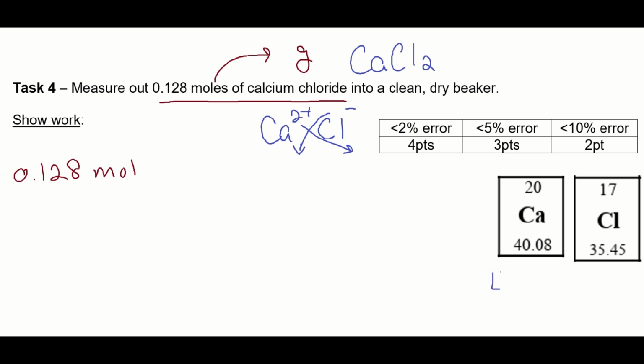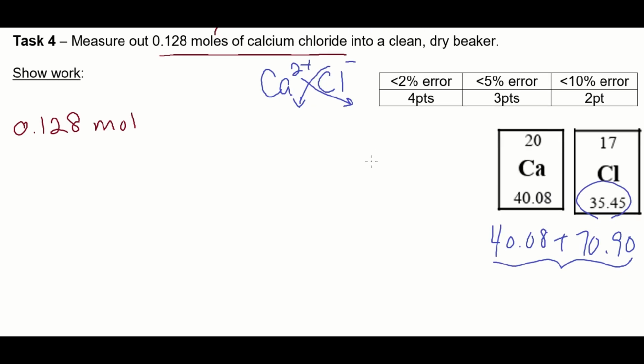We got 40.08 plus there's 2 of these guys, that's going to be 70.90, and then add them up. The molar mass for calcium chloride is 110.98